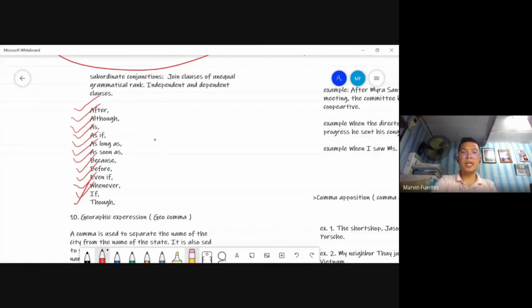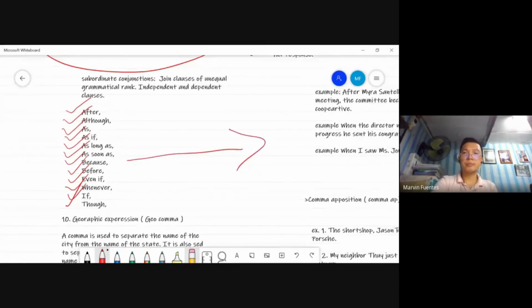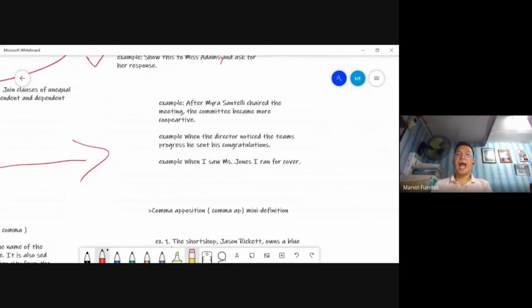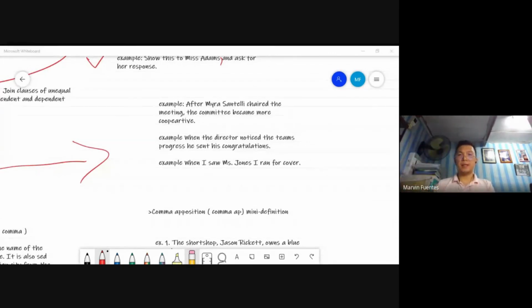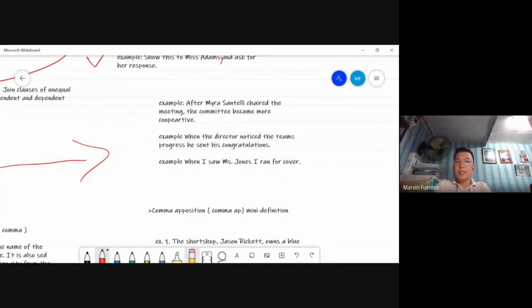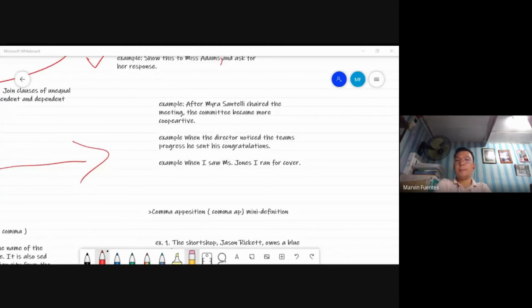Punta tayo dito sa example. Type nga, after Myra Santelli chaired the meeting, the committee became more cooperative. Type it. Nalagay ko na yung comma dyan. Now, below that, remove the subordinating conjunction after. Instead, you have to capitalize the, it's already capitalized. You have to end it with an ending punctuation. And then,